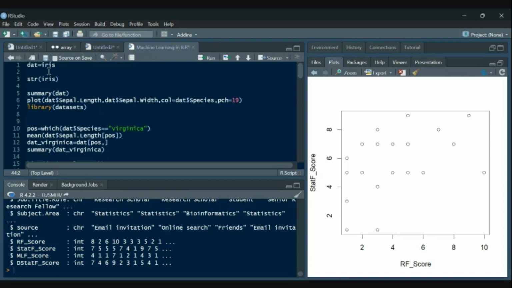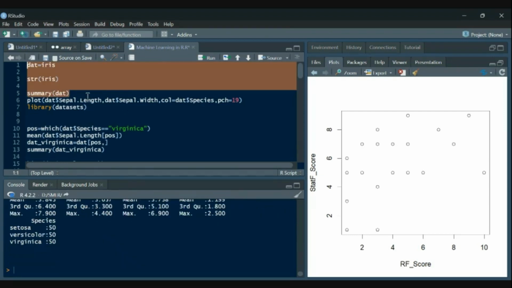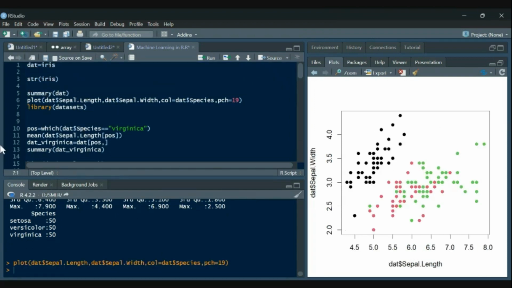We started with iris data, then we used str to get the structure of this particular iris data set. We checked the summary of this data, then we plotted the values of petal length versus petal width.